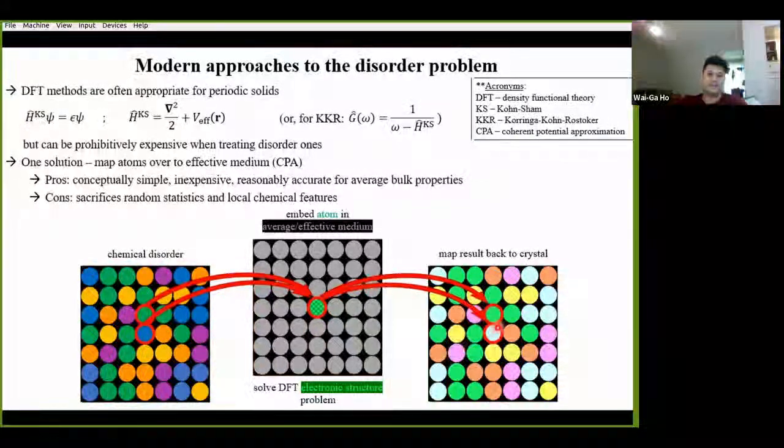So every green spot is the same, every orange spot's the same, every blue spot's the same. And this is a problem for us because we know that these atoms actually have different chemical environments thanks to the disorder, and that there should be some statistics associated with this, which a more precise DFT treatment should be able to capture. So in this manner, the CPA solution tends to miss out on some important information about each atom's distinct chemical identity and overlooks the statistical nature of the disorder problem.